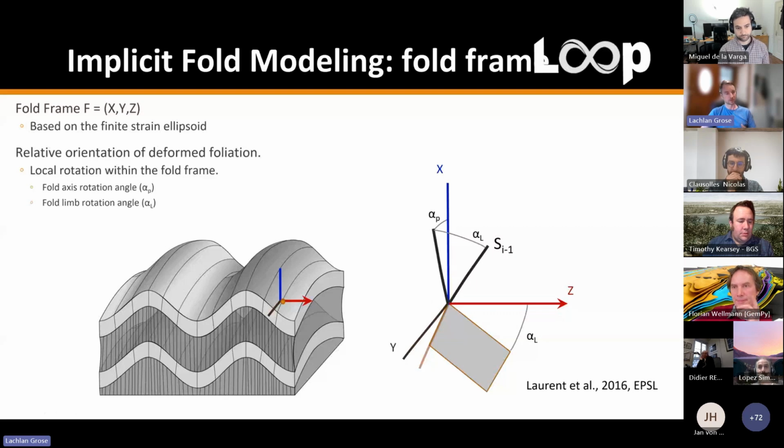And we can use those constraints in our modeling to model folded surfaces. So we can actually parameterize our folds in the fold frame and apply these rotation angles to interpolate folded